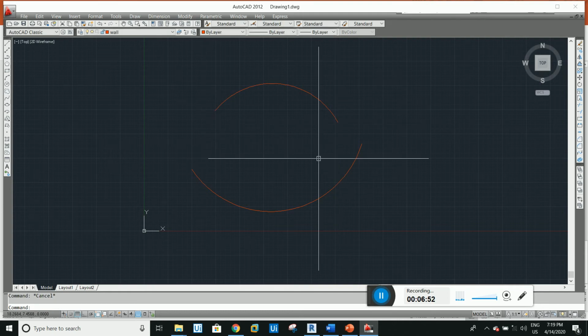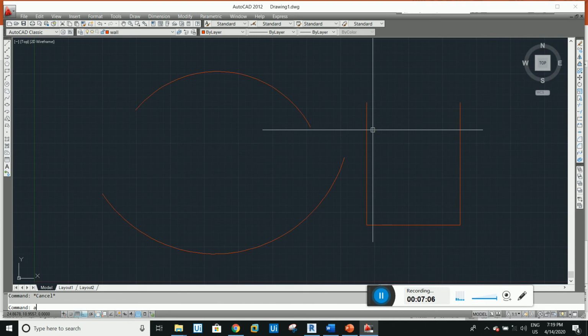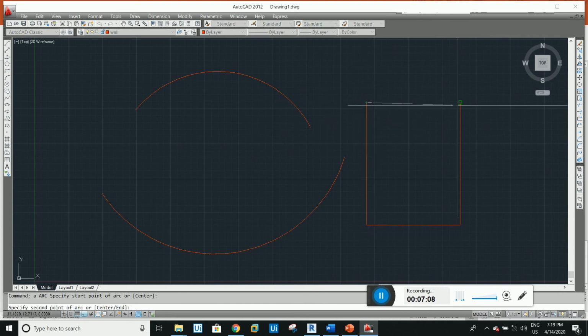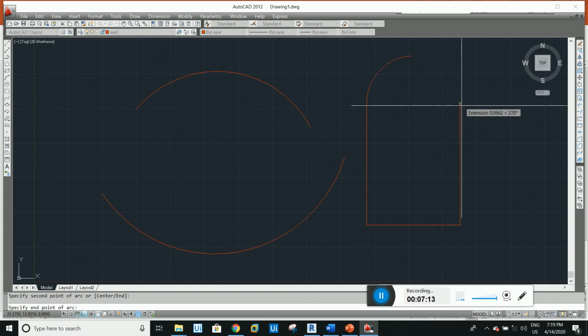Just for example, we have a rectangle like this, and we will explode it, and I want the door here to be an arc. So here I can use the arc command, A, first point, second point, enter.